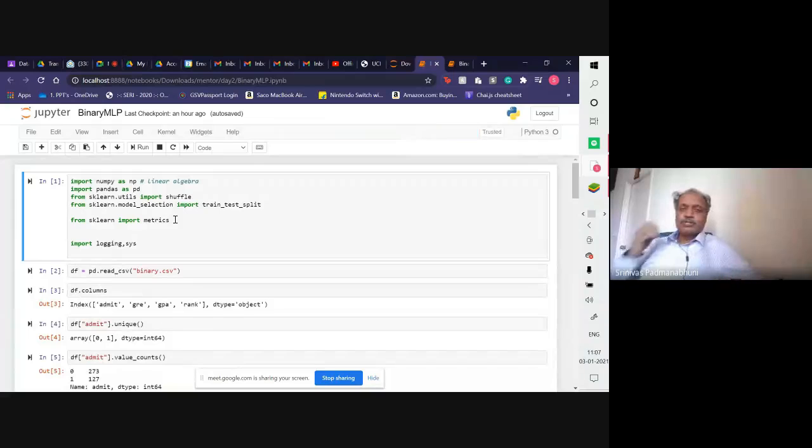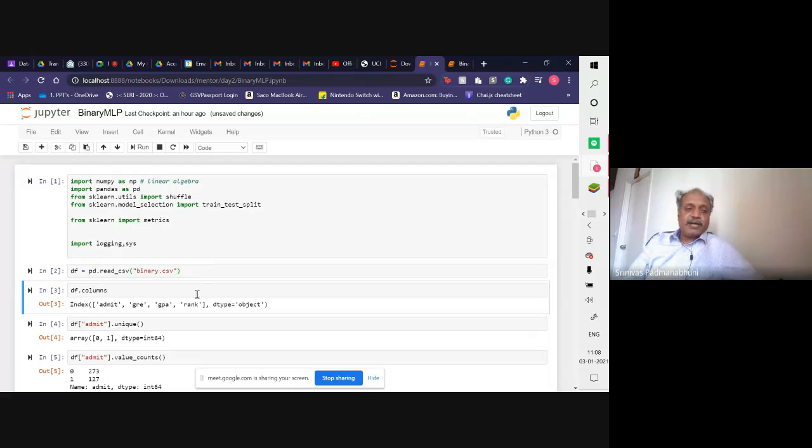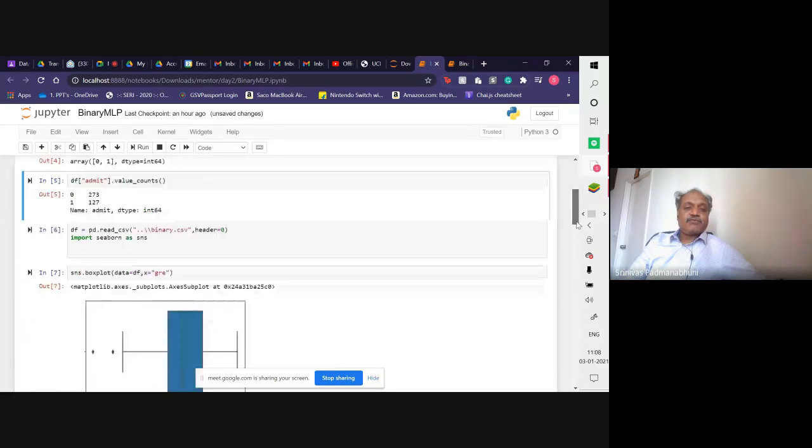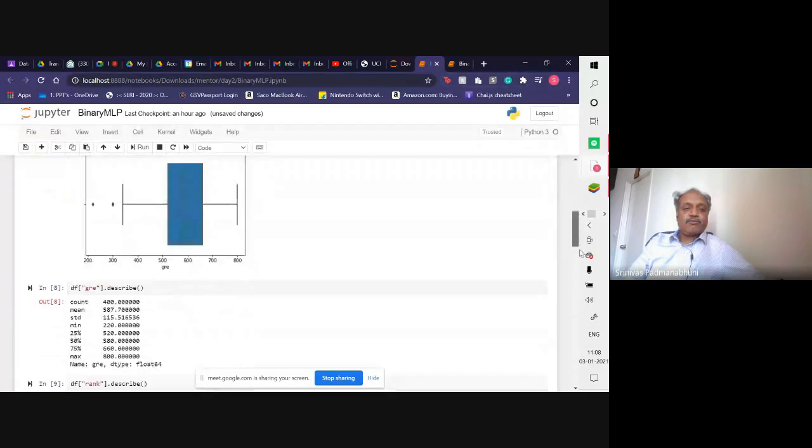Okay, so this is how a typical program looks. This is a machine learning program using the conventional Python scikit-learn library. We have data here, which is basically classification data. It has 4 columns. One is called admit, whether somebody is going to get a US admission based on 3 input arguments, GRE, GPA, and rank. If you see the output, it can either be 0 or 1. This is the way the classifier program is. Now we have to develop a classifier